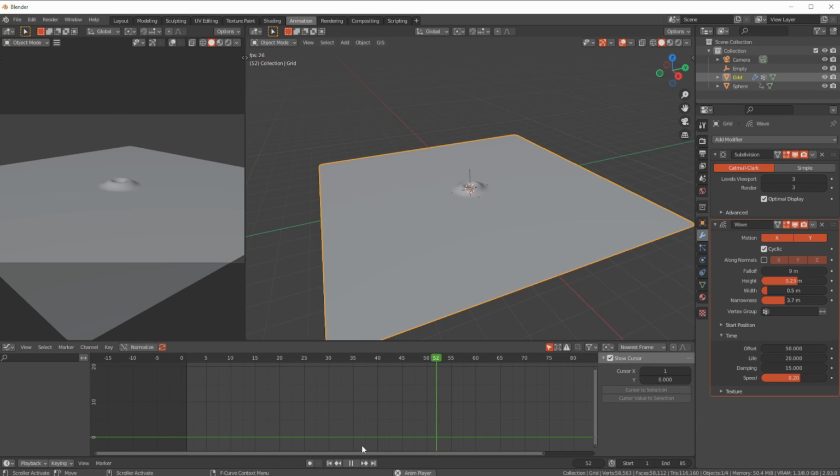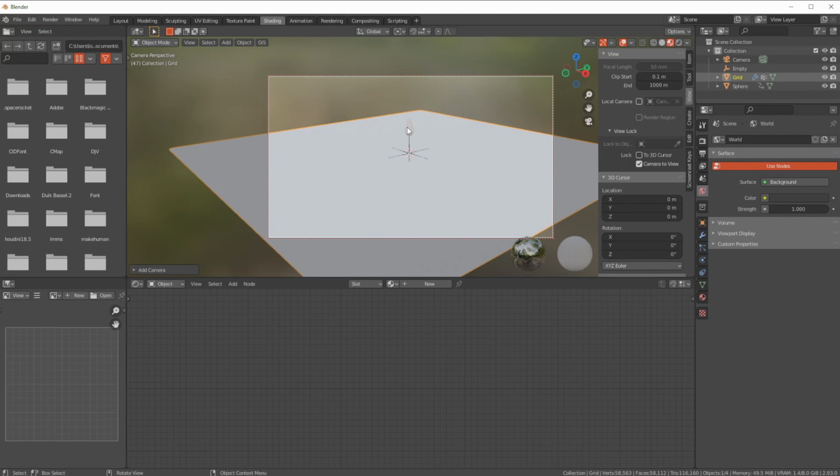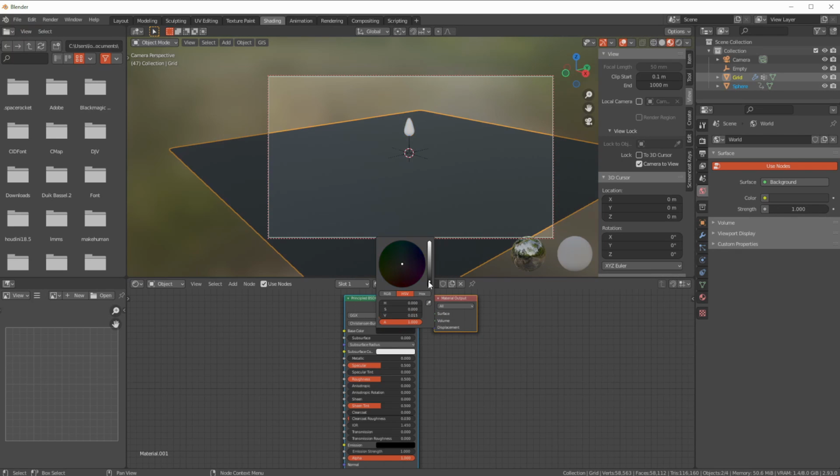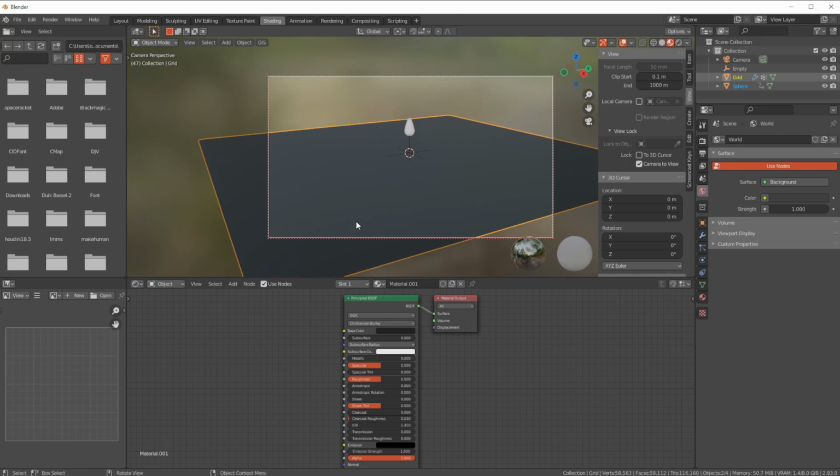And then at 50, blip. That water is now actually falling a lot slower than it should be. But do you know what? For the sake of argument, I'm going to leave it. Let's get a shading, and to make it nice and pretty, let's very, very quickly stick on kind of a